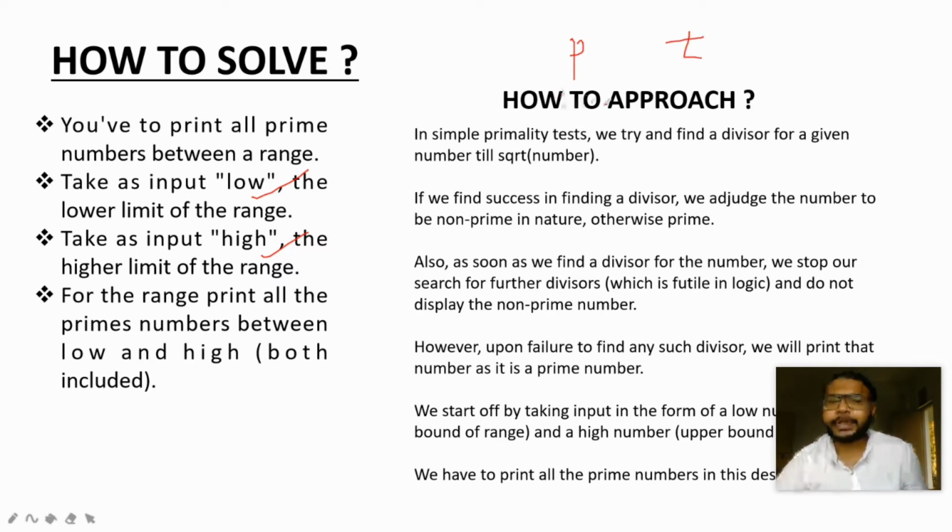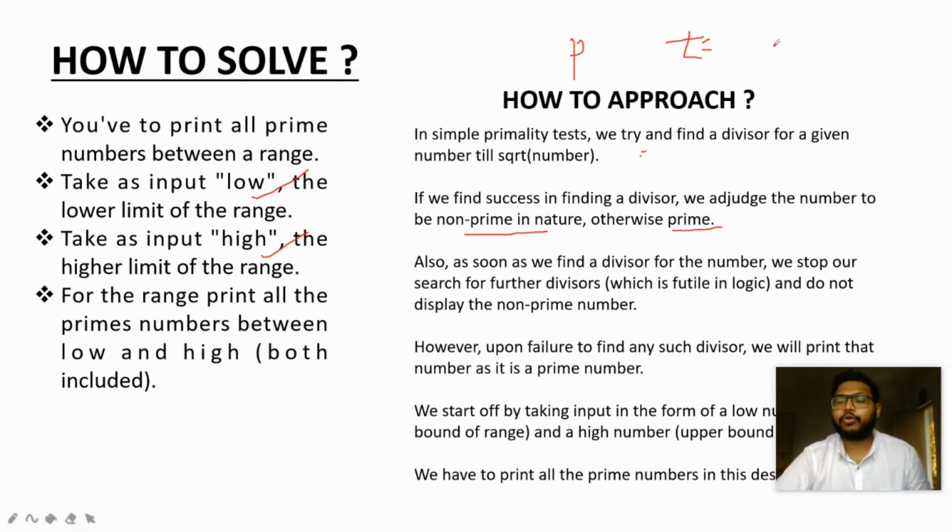First, the prime numbers. We can find the prime numbers by simply dividing the number, or by finding a divisor of that number. If any divisor is there other than 1, then we can tell that the number is not prime. Otherwise, we can tell the number is prime. And count the time. We have to keep the time in mind. That means we have to solve within that time, so we have to limit the number of operations.